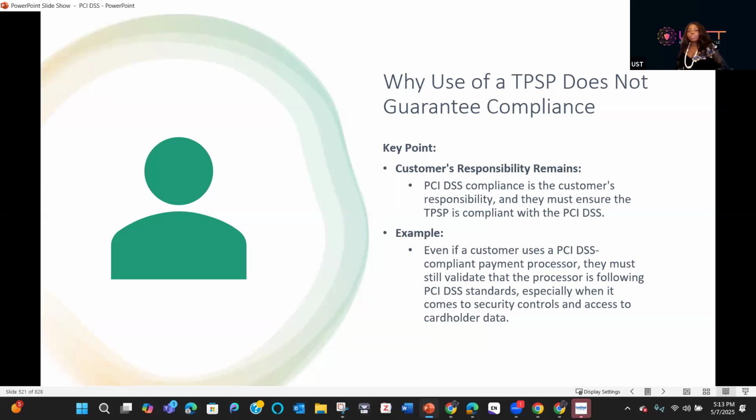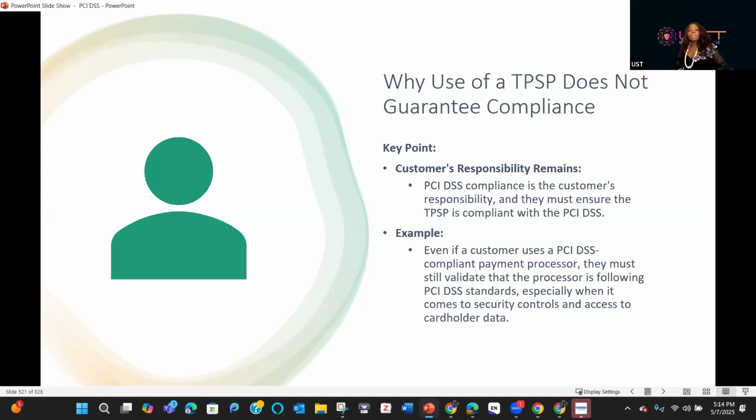You are the one bringing them. You are the one offering your services. You are the one paying your money. So at the end of the day, it's your data. If something happens, you are not telling your customers that you are outsourcing their data to a third-party service provider. And because of that, you also want to make sure that your data is better protected.